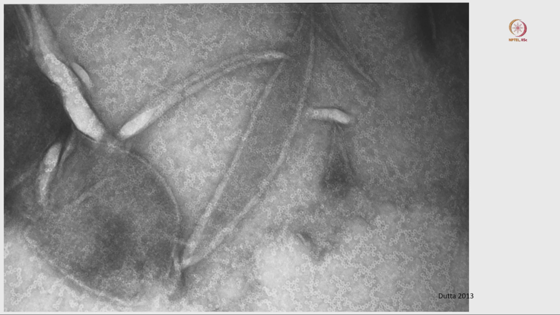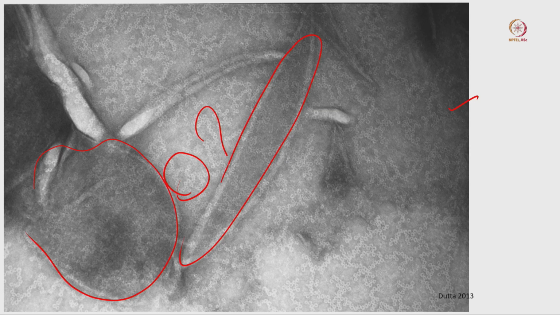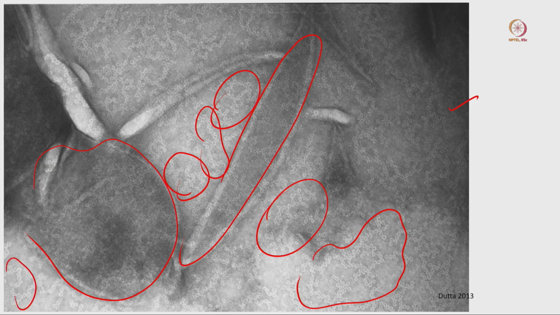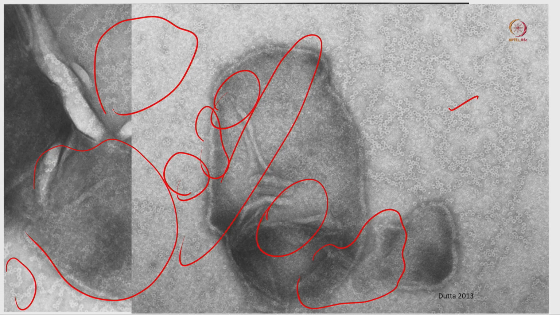There are a few more examples of a similar type here. You can see there are different types of lipid membrane, and this lipid membrane is saturated with different types of protein clustering. So here also you can see proteins are clustered on top of that lipid membrane. There are a few similar kinds of examples.